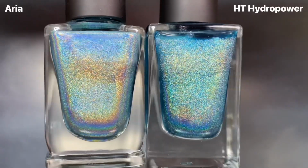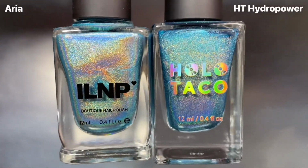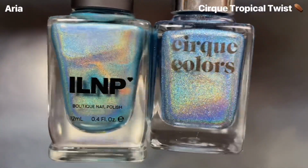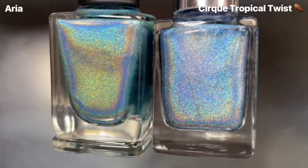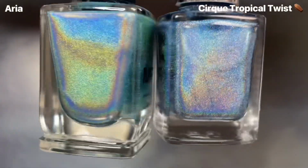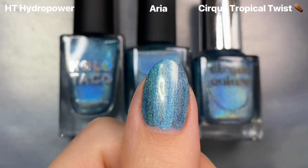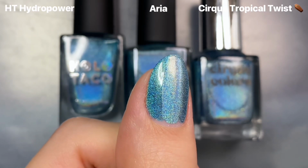While it definitely looks pretty similar in the bottle here, you might be able to tell that it's a bit darker actually. The only kind of light blue holo that I have is from Cirque. It's called Tropical Twist, which is a Smarties collab polish from a few years ago. And I thought that was going to be a little bit more similar, but it's more of like a true almost denim blue. It's definitely closer than Hydropower is because again, that one's more of like a darker teal kind